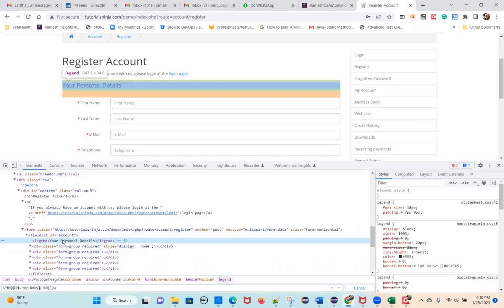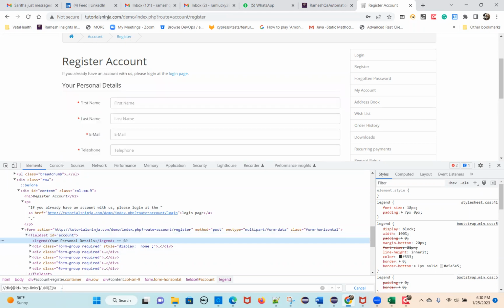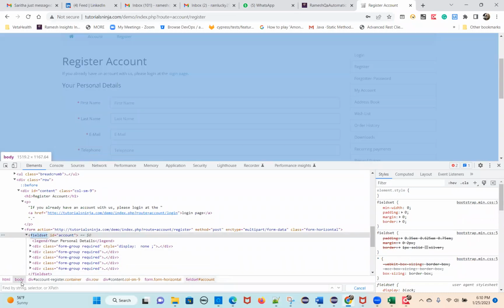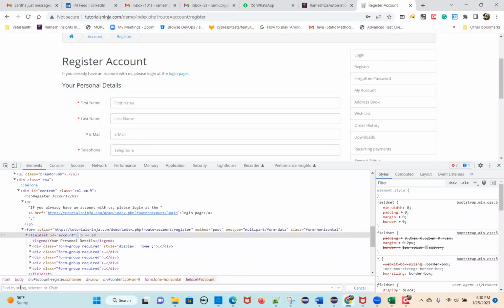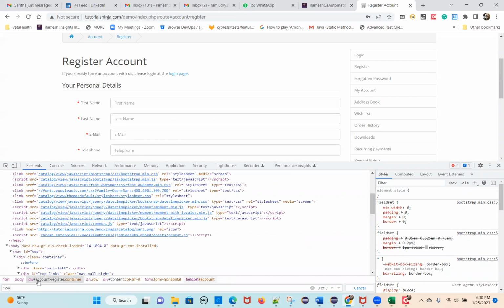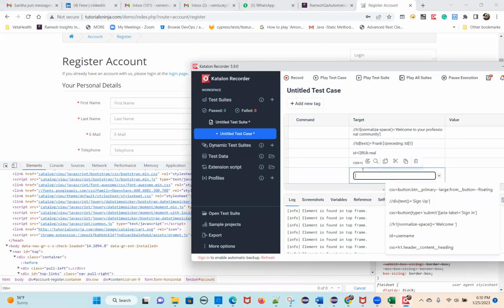So I'll take up this as a fieldset variable, the tag name. Do you want me to write CSS? Let's write CSS. Directly you can write in the Katalon recorder. Why you want again that? Add a new row. CSS equal to legend fieldset